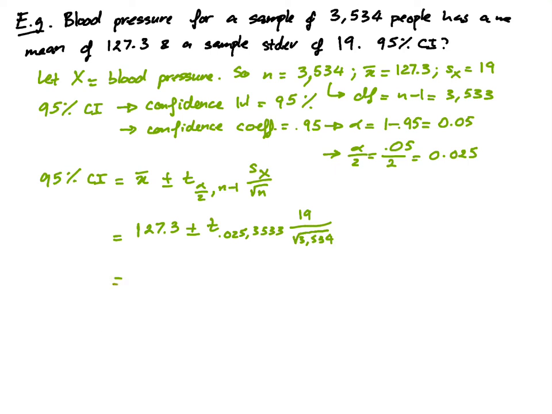So this is going to be equal to 127.3, right, plus minus 1.96 times 19 divided by the square root of 3,534. Okay, and I'm gonna skip the math, but if you work out the math, this is the interval from 126.7 to 127.9. Okay,